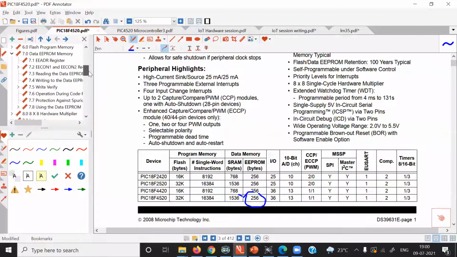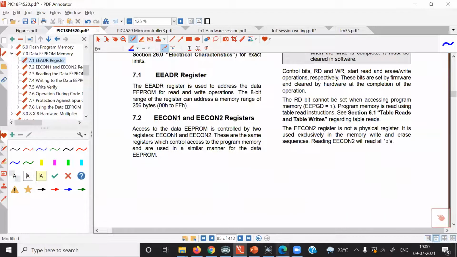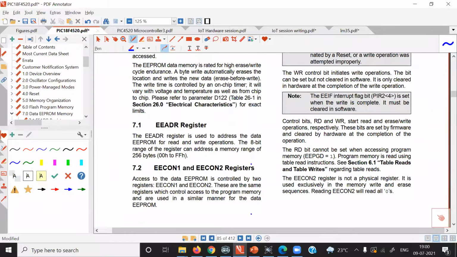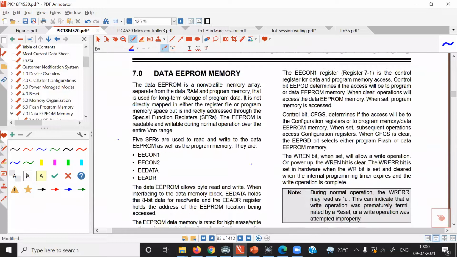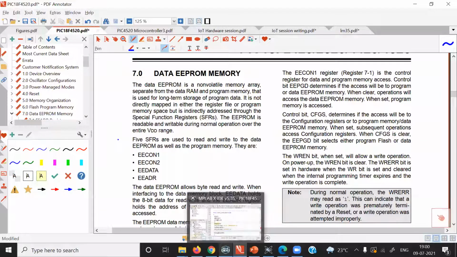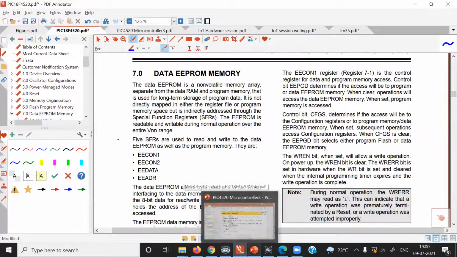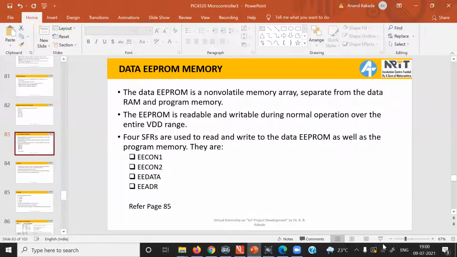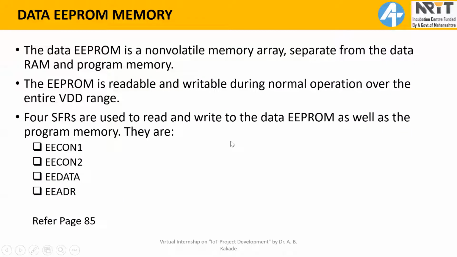Let us quickly understand registers associated with EEPROM memory. We have written very simple code for writing and reading data from the EEPROM memory. So first of all, understand registers associated with EEPROM memory.